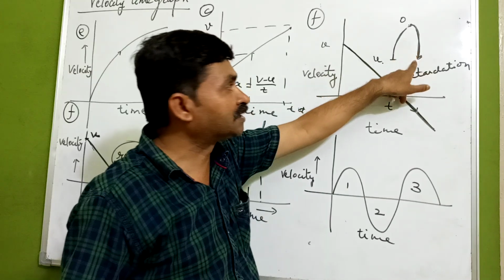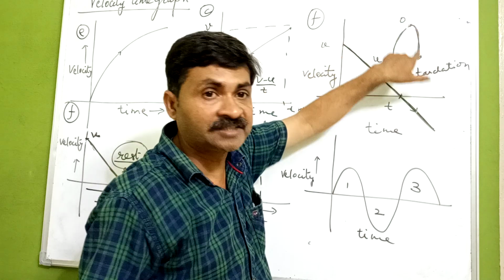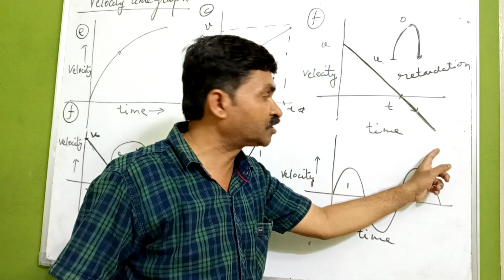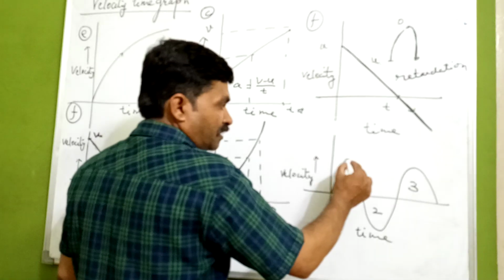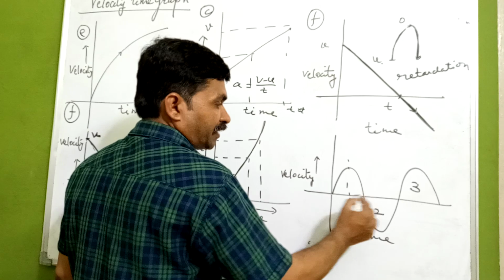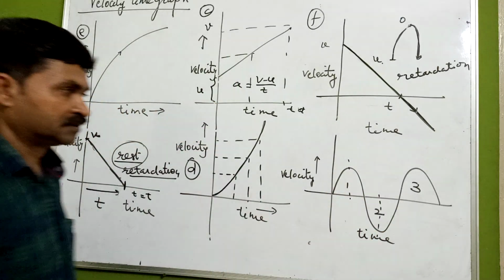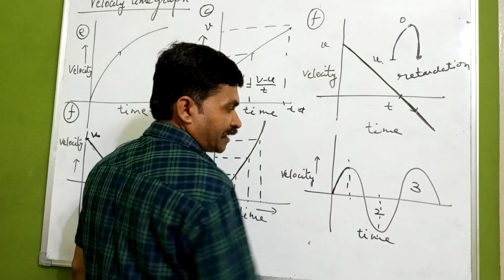So again there is an increment in the velocity, and if there is a change in velocity with respect to time, it is represented by this. Means this is giving an acceleration. Now if we see here this velocity time graph again, what we are getting? We are getting a variable acceleration. This is giving you the variable acceleration.